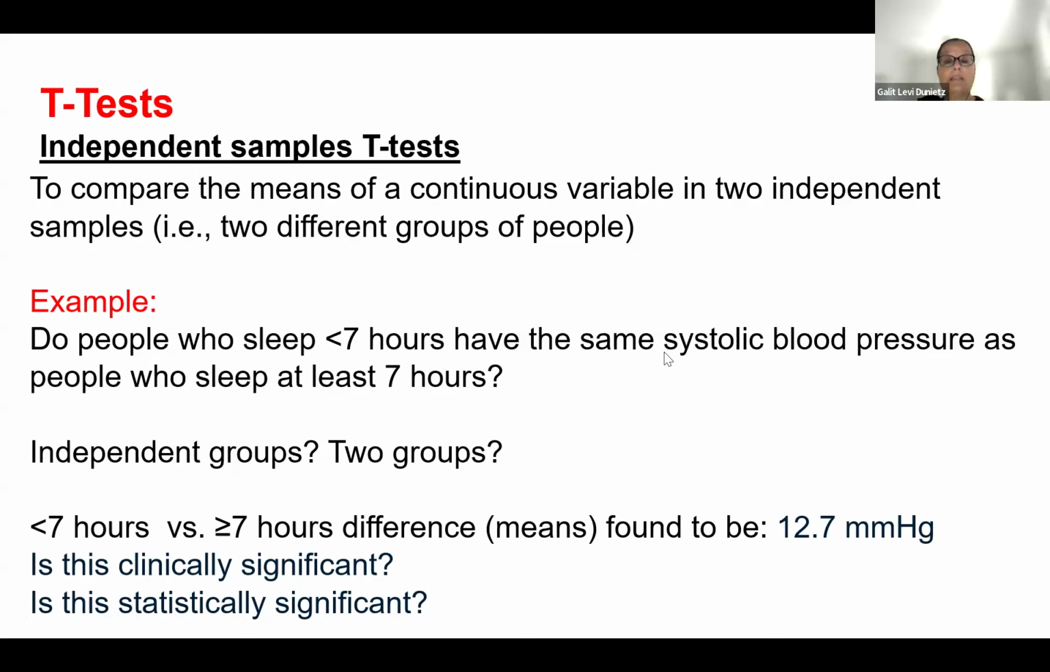So let's assume that they calculated the mean for each of the groups and found that the difference is 12.7 millimeters of mercury. The first question that we ask as clinicians is whether this difference is clinically significant. And if it is clinically significant, it should not depend on whether it is statistically significant. These are two different questions that we ask ourselves. How do we test if the difference is statistically significant? So for that, we use,